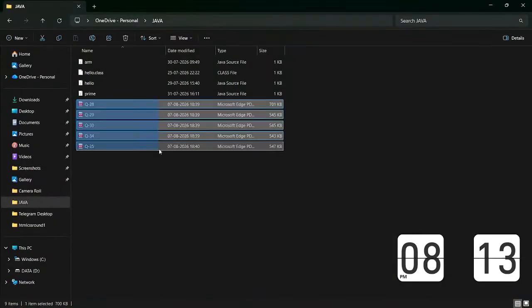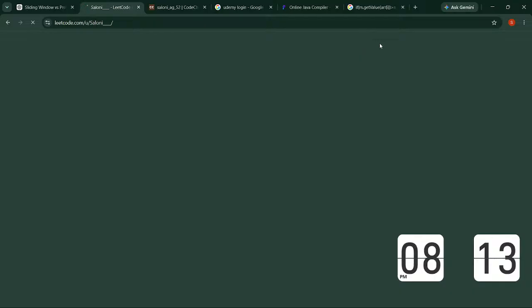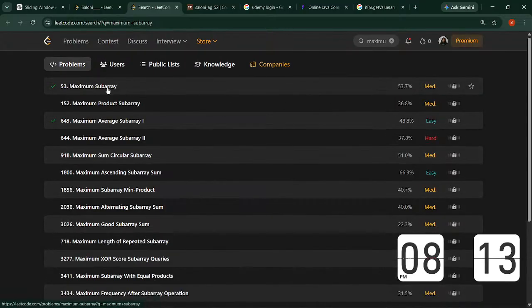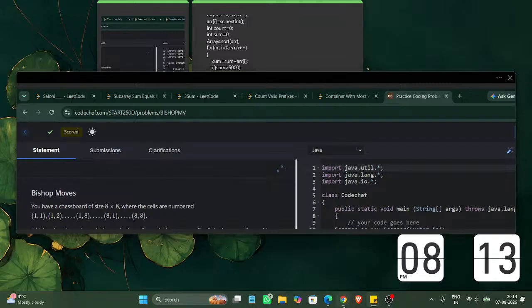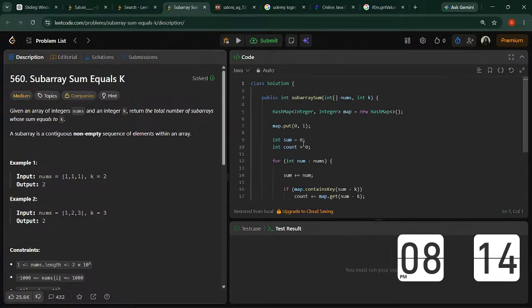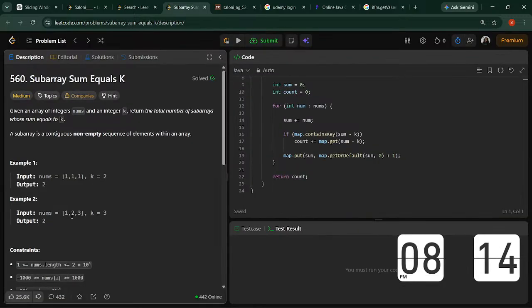ओके, ये पांचों तो हमारे हो गए हैं आज। इन्हें हटाते हैं और लीड कोड वाले क्वेश्चन पे स्विच करते हैं। पहला क्वेश्चन हमारा है मैक्सिमम सब एरे। ठीक है, ये हो रखा है। क्यों हो रखा है कि मैंने तो किया नहीं है, कहीं क्लास में कराया हो। मैक्सिमम सब एरे, सॉरी, सब एरे सम इक्वल के है क्वेश्चन का नाम। ये भी हो रखा है, बट कोई बात नहीं, हम इसको रिवाइज कर लेते हैं एक बार। कढ़ाने अप्रोच से ही हुआ होगा। हाँ। नहीं। नहीं तो कढ़ाने से नहीं लग रहा मुझे।